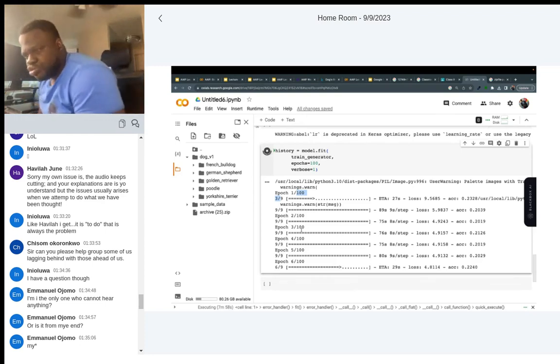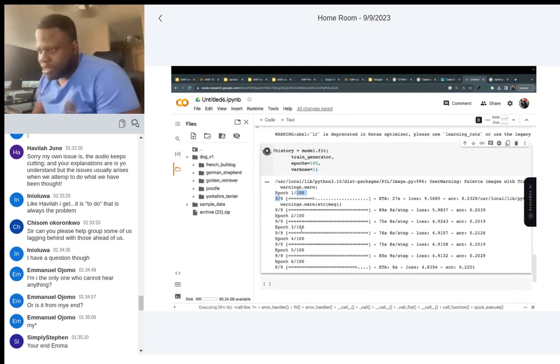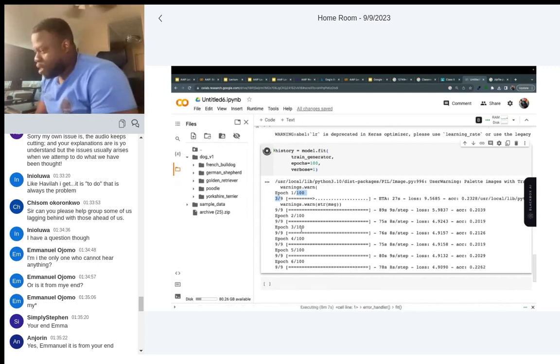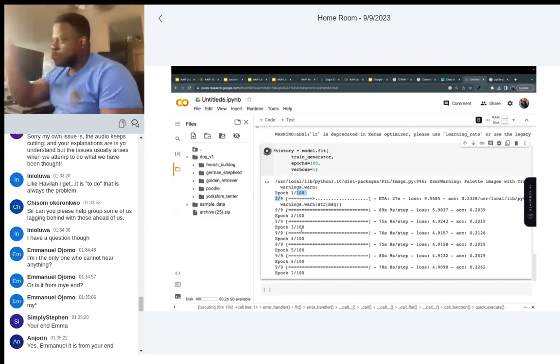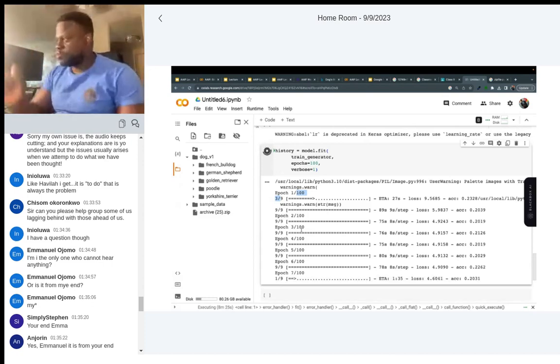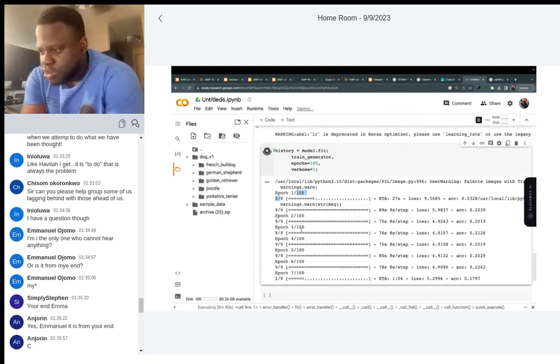Can you please help the group? Some of us are lagging behind, some are ahead of us. Yes, I agree. Everybody is on different levels. Some people have issues from Python. Some people have issues from data frames. Some is just machine learning that they have. So to go back and forth, up and down, but when everybody has specific questions, it's easy to pinpoint. And I encourage everybody to ask questions, because your question is the question of a huge bunch of people. So shedding light on your problem, we shed light on a lot of people's problems. Right.